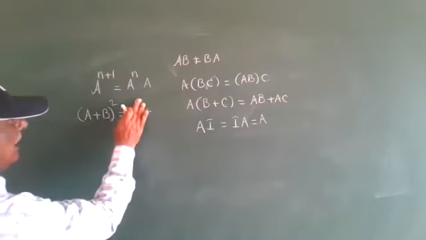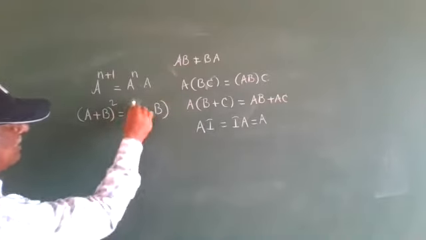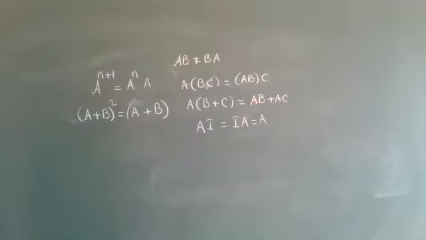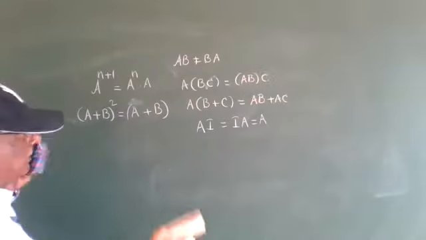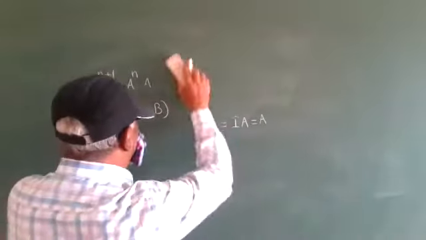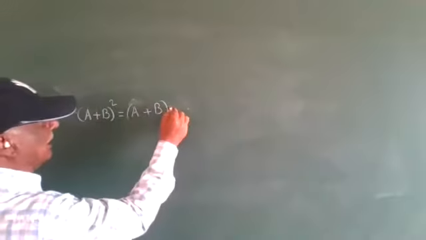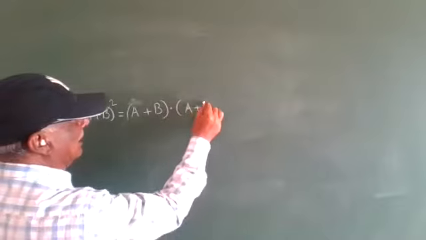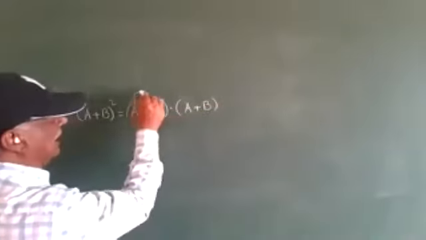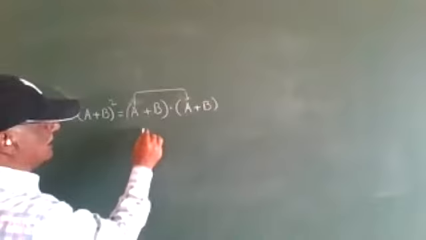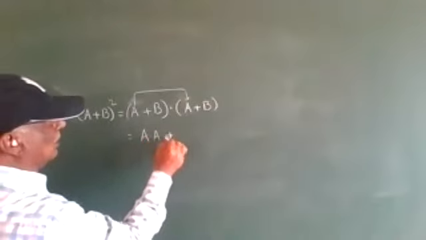So first one, (A plus B) into (A plus B) multiplication. Every square is a product of the two terms. So then the (A plus B) into (A plus B) matrix. First you have to multiply A into A. Same matrix is multiplied 2 times.